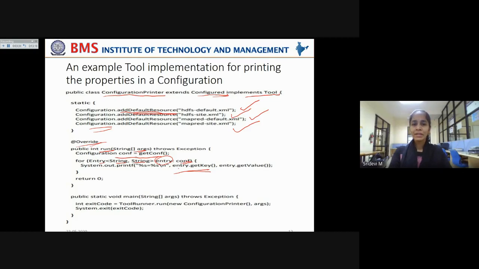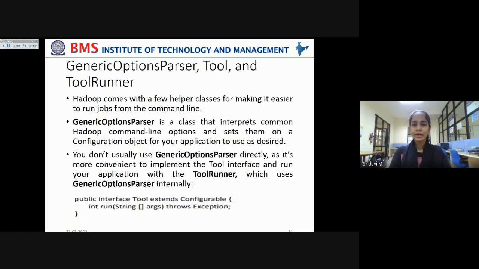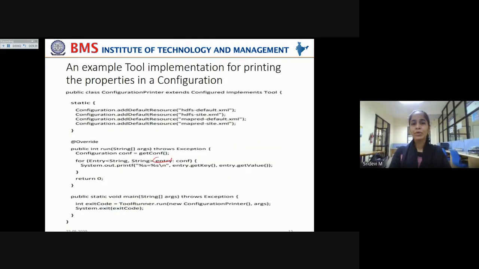Now we are using this entry into which the details of configuration properties are read. Into this entry, the configuration properties are being read one after the other. Now you are taking entry.getKey, which is the property, and entry.getValue, which is the value it has been set to. And you are writing it onto the screen by using the printf command. Now see the next step, you are actually giving the main method now.